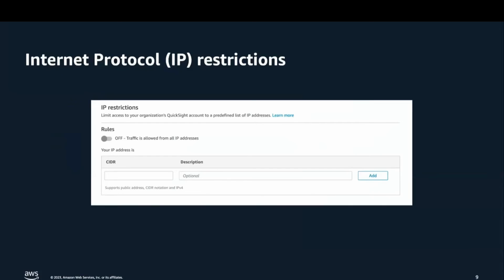Now, next up, and still focusing on how we can actually secure our users' access, we're going to quickly look into how we can leverage IP restrictions within our QuickSight account. Now, IP restrictions are a fairly easy way for us to configure and secure where our users can connect to QuickSight from. So as an admin within QuickSight, we can define a list of IP addresses that we have